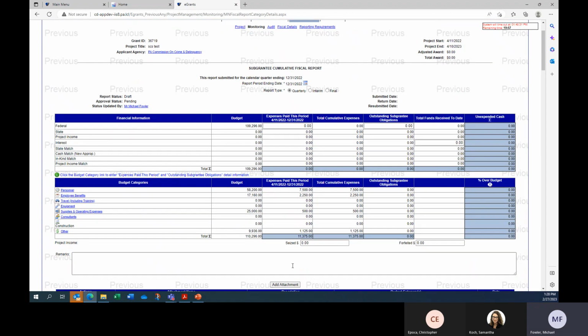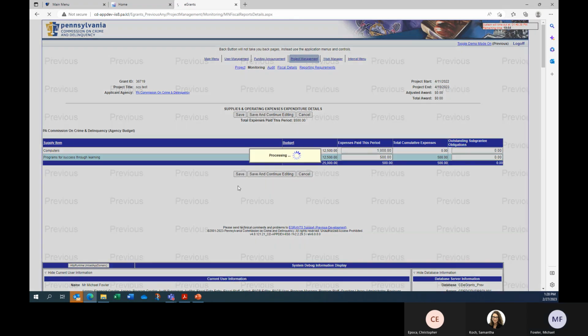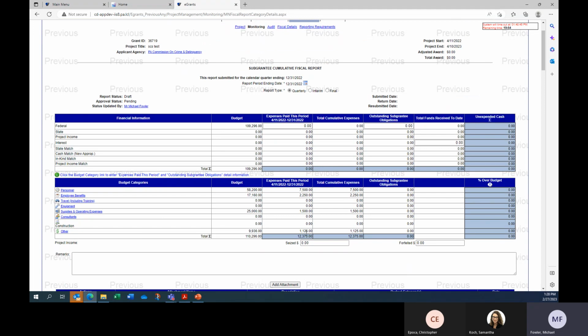I'm sorry, I forgot to enter the computers. We had computers for $1,000. So that brought our total amount to $12,375. And that's what was in our accounting documentation.